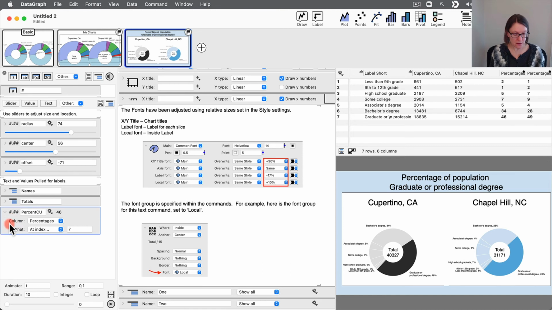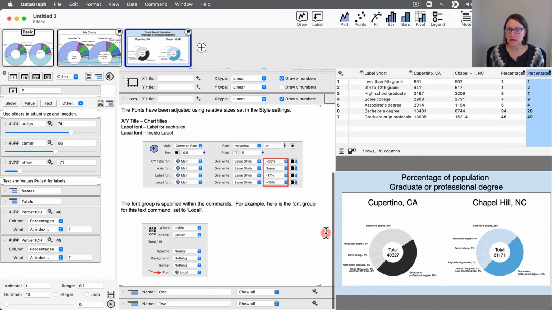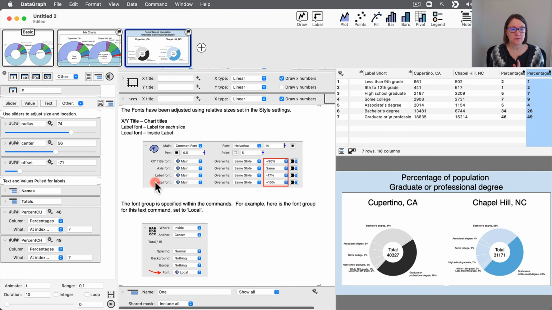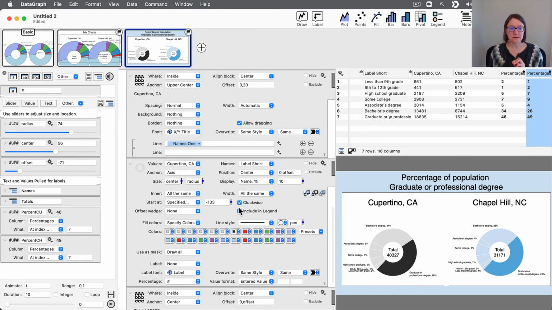Cupertino, and then I can just hold the option key while I drag this, and now select the second percentages column, which I know is the percentage from Chapel Hill. And I probably want to change the names of these columns to indicate that, but for now, I just want you to see how I can make these a variable, because once they are a variable, I can go back into the text command that has this